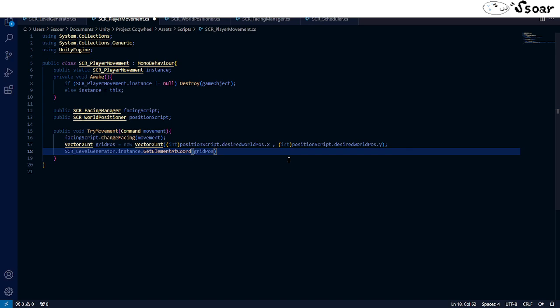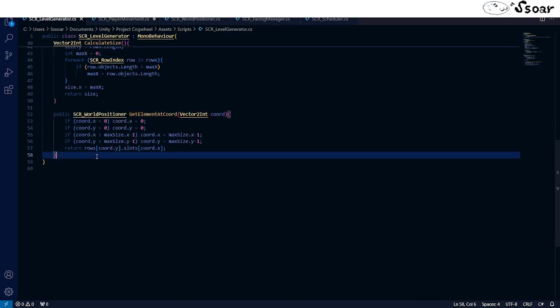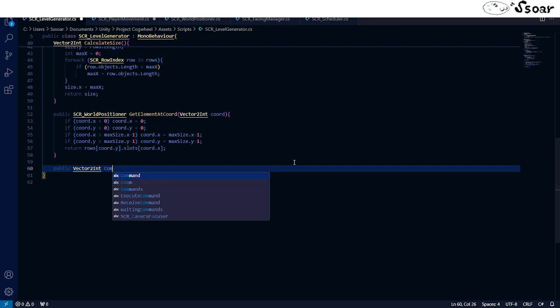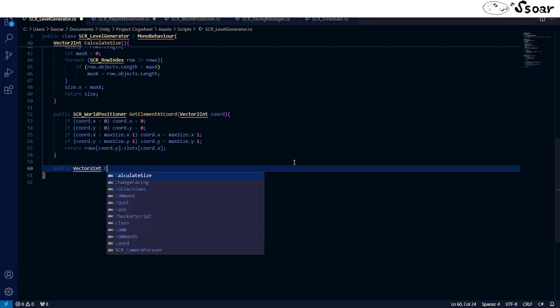So I may just make a generic function for that in the level generator. Let's do that. Yeah, that's easy enough to do. Okay, so public, returns a vector2 of integers, and it's gonna be command, no, just direction